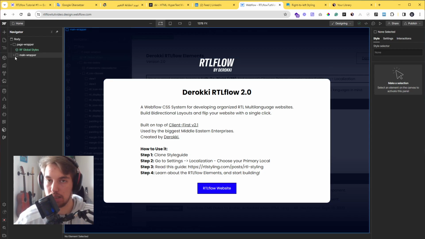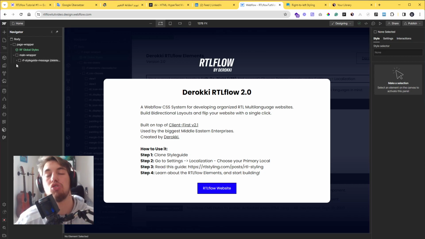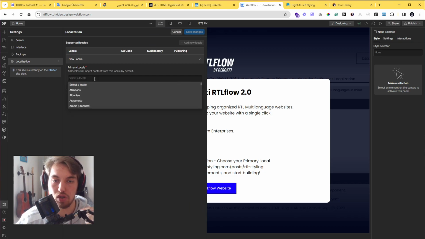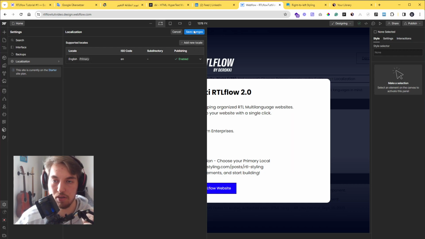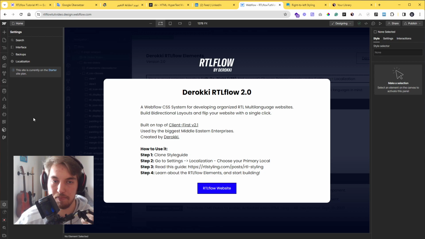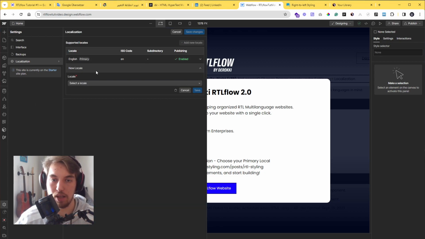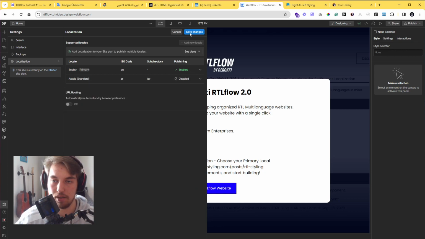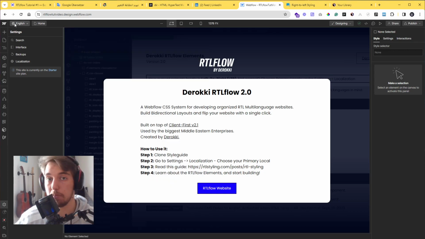So whenever you build a website now in Webflow, let's say we want to build an English Arabic website, okay? You can go in here to the settings. It's the first thing you do. Go to localization, and then you choose your language, okay? Let's choose English as the main language, right? But now if you go in and we add another locale, let's say we add Arabic as a secondary language. Now we save this. Now we have two languages. And up here you can now change the language. So if we change the language now,